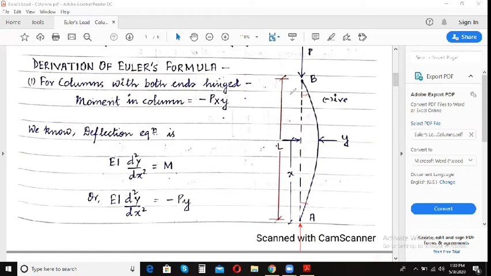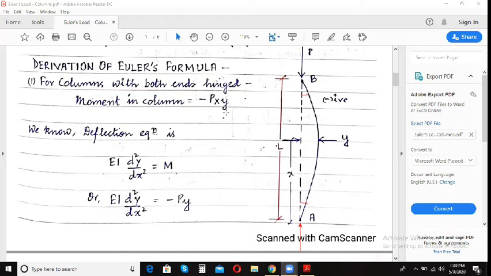Now what will be the moment which will be generated due to this load? The moment that will be generated in this column is P, the amount of load, into the perpendicular deflection, that is P into y. And this type of curvature is taken as negative. Hence, the moment in the column is minus Py. Now, if the curvature was going to occur in this manner, then it would have been plus P into y. So this is the basic sign convention.